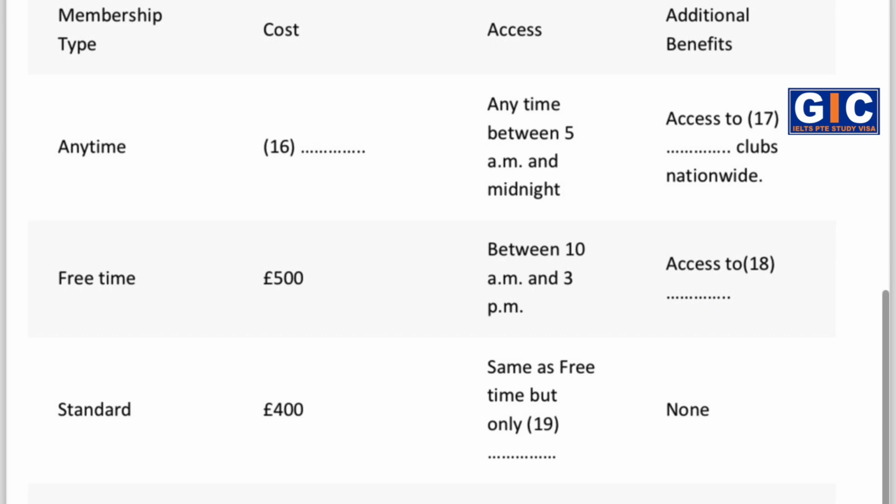Now, we will go for a little tour in a moment, but first I'd like to tell you a little about the different kinds of club membership we have, so that you can be thinking about what you want as we go round. We first of all have the Anytime membership. Anytime is the complete go-as-you-please membership. This entitles you to full use of all the facilities during all opening hours, and we're open every day from 5 a.m. till midnight. This costs £850 per year, though there are some discounts which I will tell you about